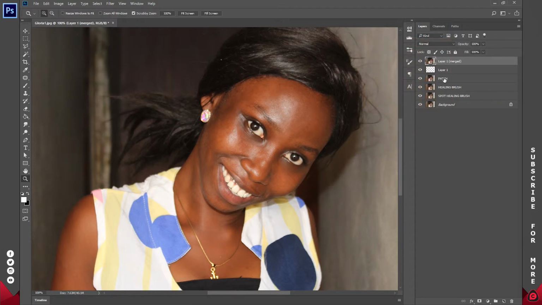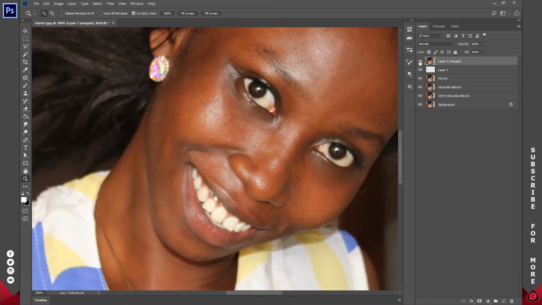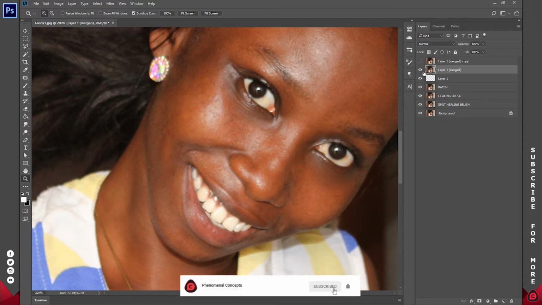Let's try 3 also. So let's change the radius to 2 and a threshold of 3, and I'll click on OK. Now if you can't see the difference, this is the before and the after. I think I have to zoom in a little bit for you to see that there's some form of blur over there. I was actually supposed to duplicate this first, so you know what, I'm going to undo that effect, duplicate it, undo by Ctrl Z, duplicate it, and I'll apply this effect on the other one. So that's Control